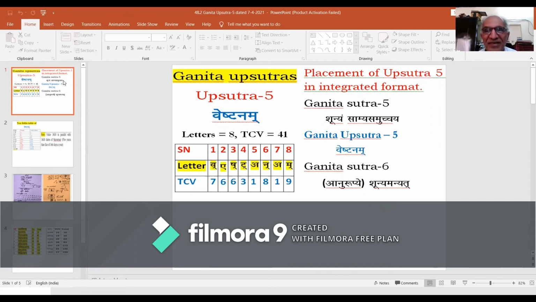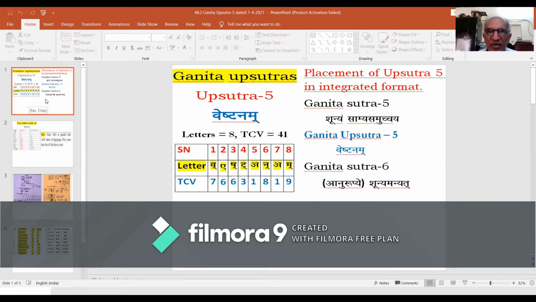Welcome. We are visiting mathematical domains of Ganita Upsutra. There are 13 Ganita Upsutras. Each of these 13 Upsutras is a complete mathematical domain in itself. Today, let us visit